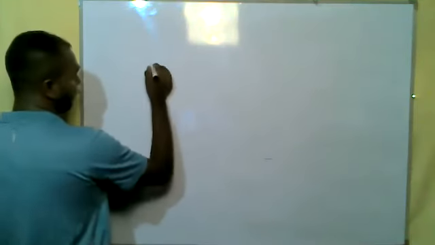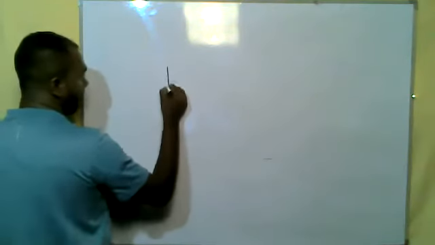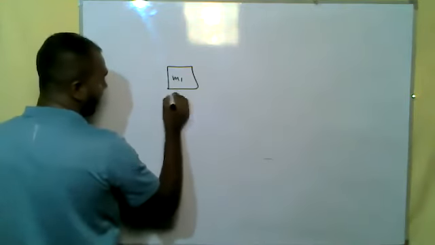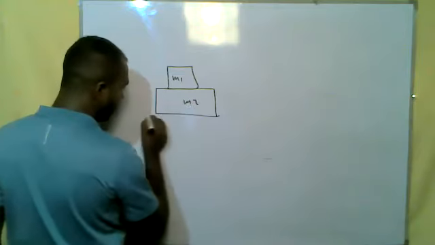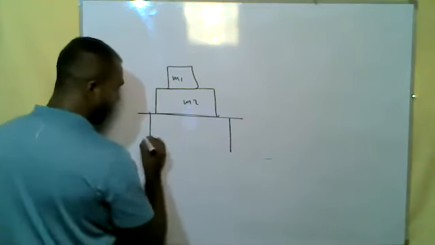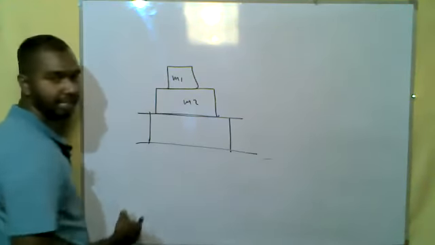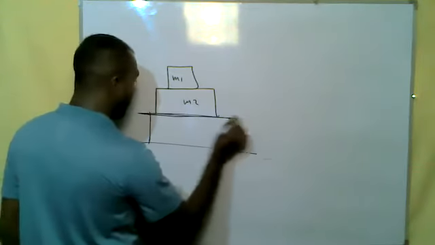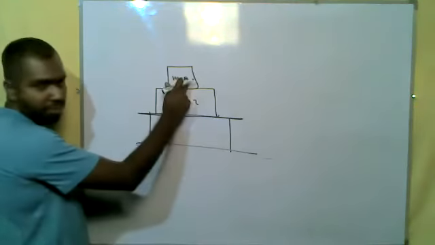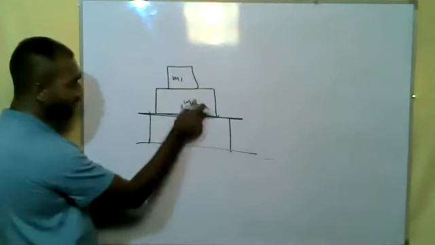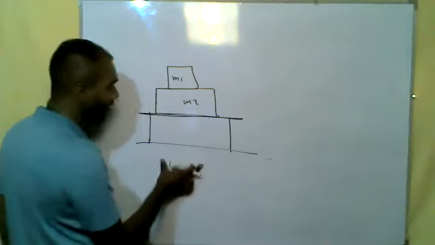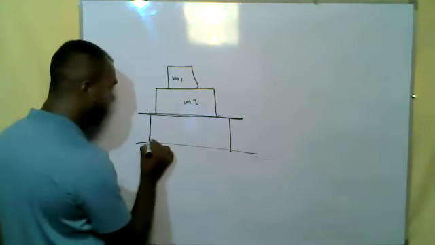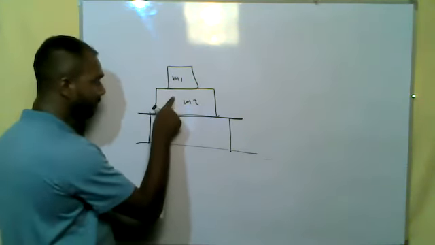Okay. Now you try to draw the force diagrams for this one when two things are connected. Like there is a mass m1 and there is a mass m2, and those two masses are on a table, and the table is on the ground. Think of this as a book on a book, and this book is on the table. The table is on the floor, on the ground. Now try to do the force diagrams acting on the table, mass 2 and mass 1.